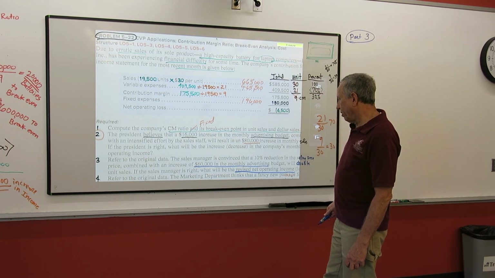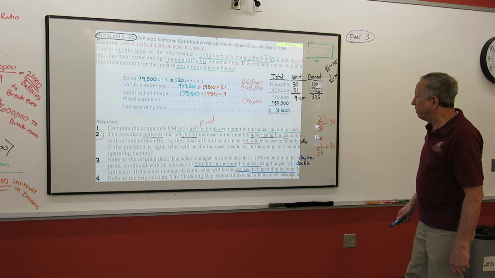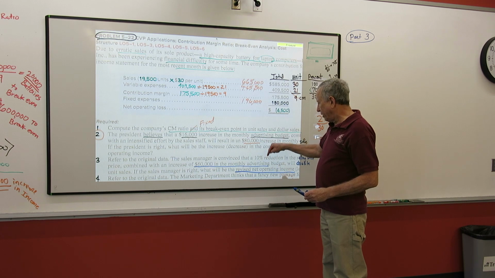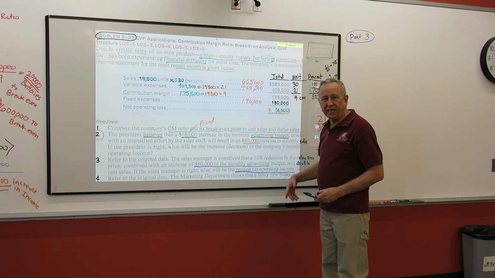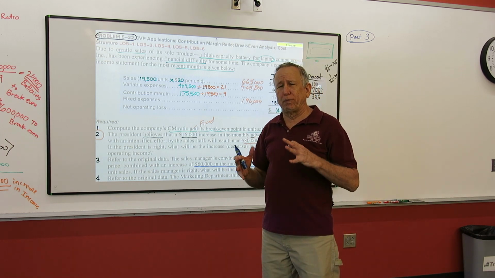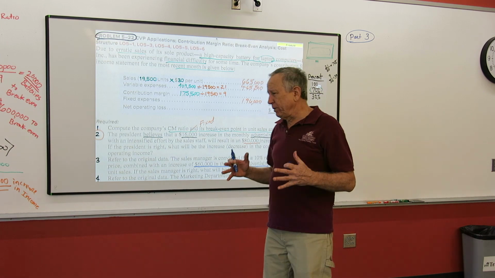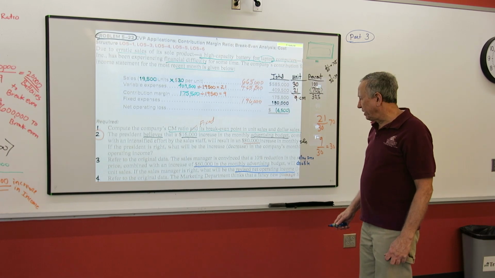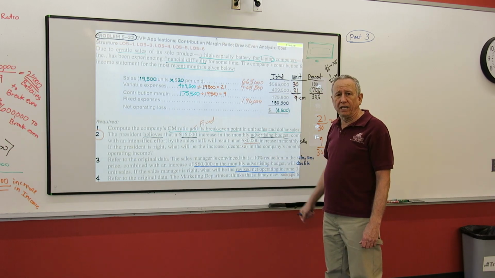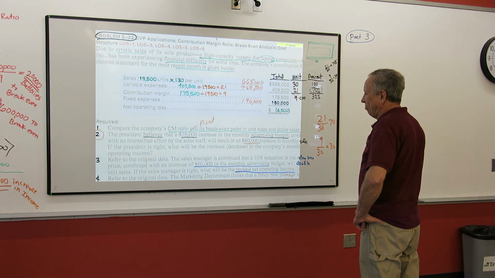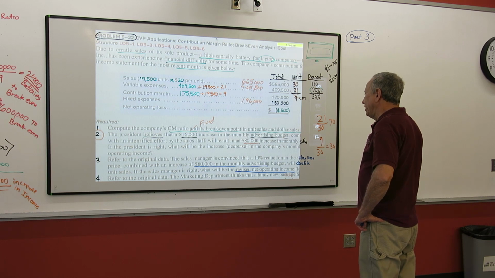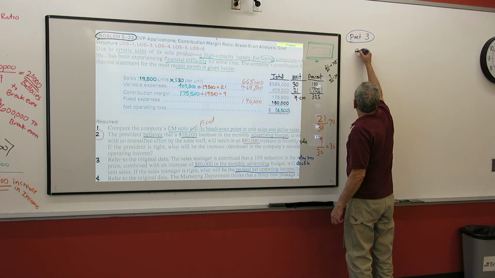All right, I could use incremental analysis on this, but I'm not, just because this one has three variables. They're going to reduce the selling price, increase advertising, and double sales. That's three variables they're going to change. A lot of times when you get three variables, I think students prefer it when I just recast the income statement. But in real life, I wouldn't. In real life, I'd use incremental analysis. If you go look at Moodle, at my notes, you'll see incremental analysis. Well, yeah, I better recast the whole thing. All right, let's just do it this way.